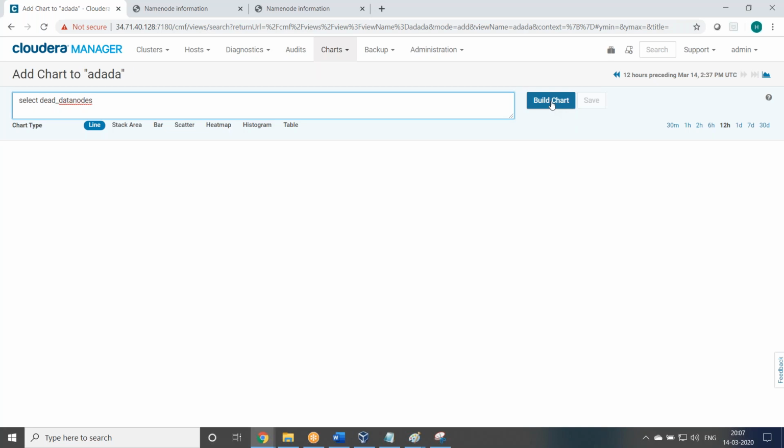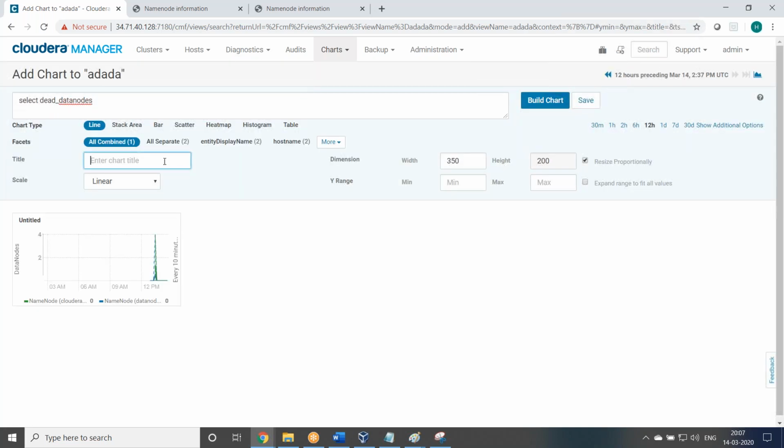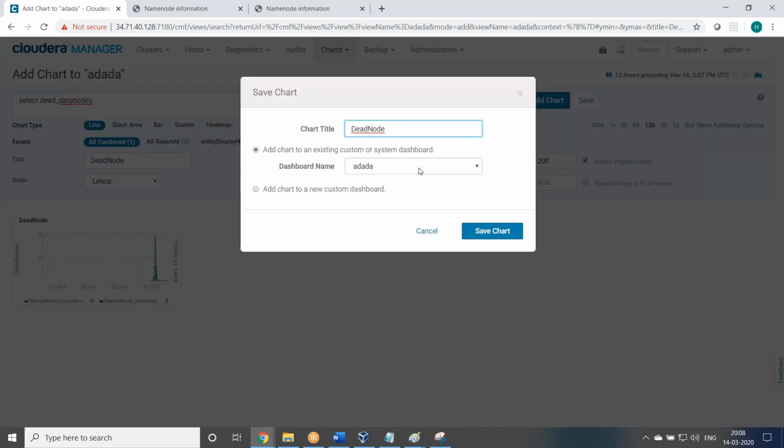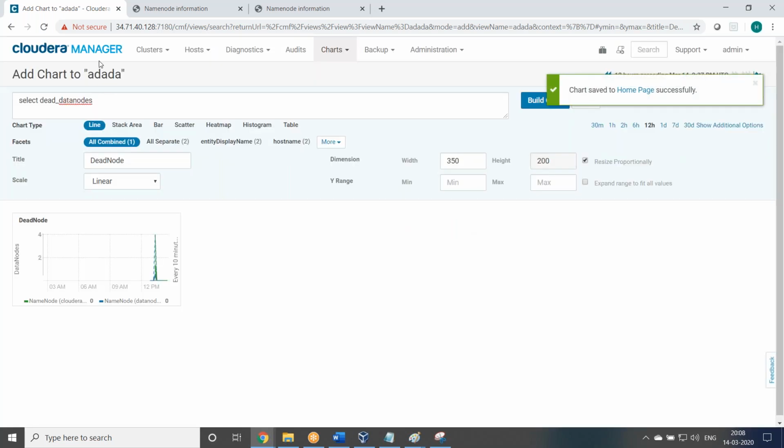So for example, if we create a dead node, okay, dead nodes, then save it. Dead node, dashboard name, home page, it is added.